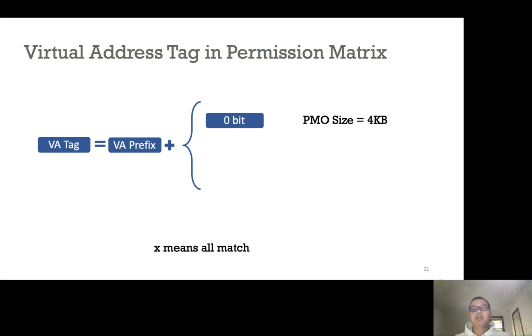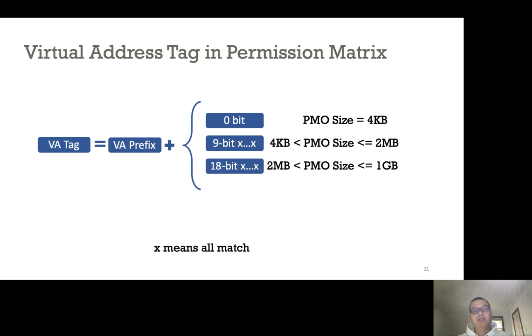For a PMO that is larger than 4 kilobytes but smaller than or equal to 2 megabytes, the virtual address tags will have a 9-bit X suffix that can represent all the virtual addresses of such size PMOs. For a PMO larger than 2 megabytes but smaller than or equal to 1 gigabyte, the virtual address tag will have an 18-bit suffix, and it can also represent all virtual addresses within such size PMOs. And those virtual address tags are